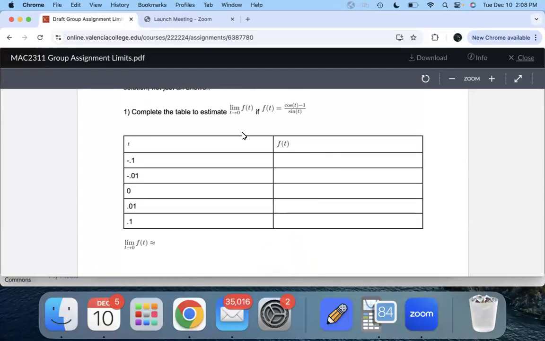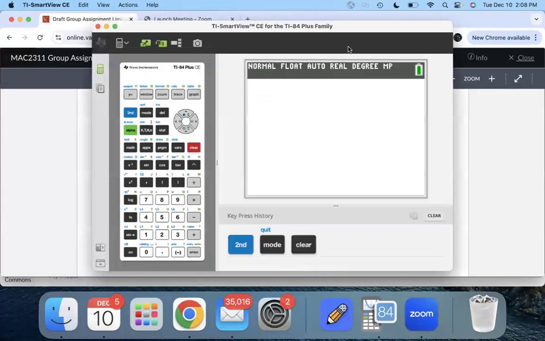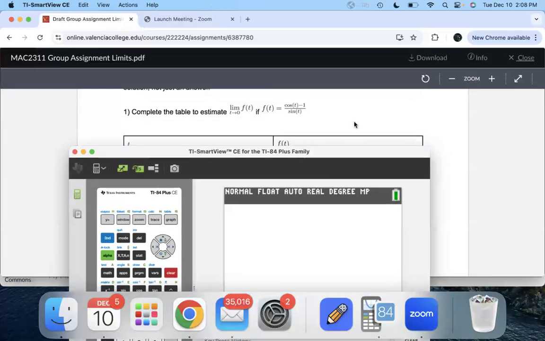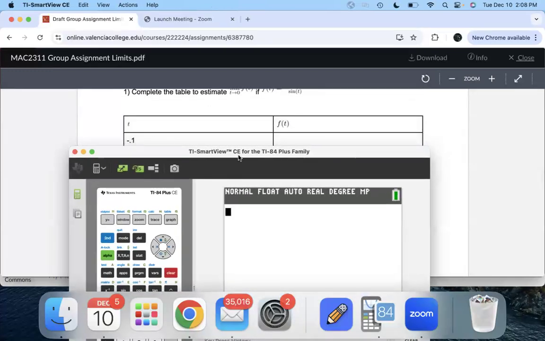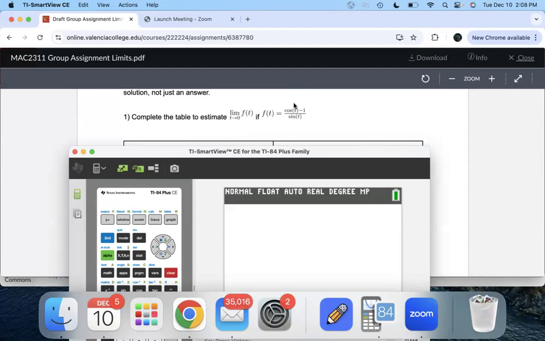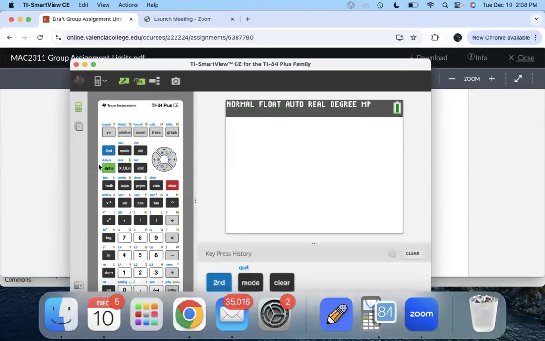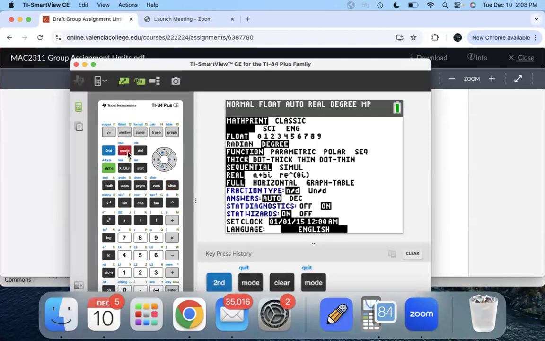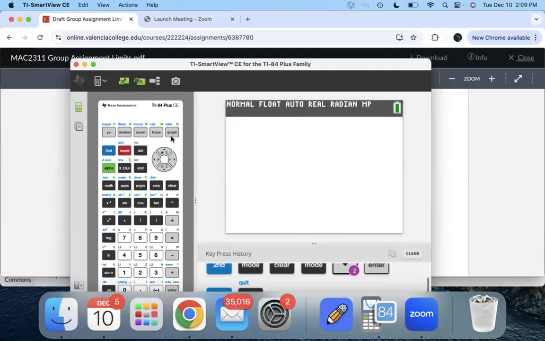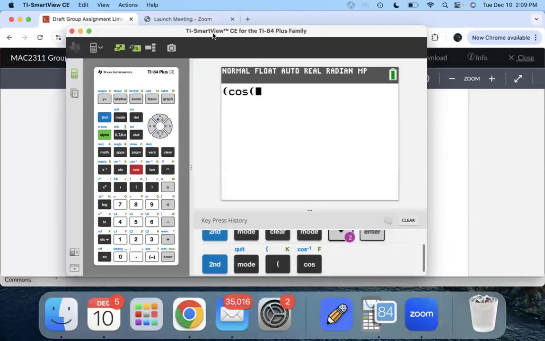Okay, now in here, this one you absolutely could just go through, get your graphing calculator out and plug in these numbers. Like I could absolutely, if I wanted to, at negative 0.1, plug negative 0.1 in here. I would want to make sure I'm in radian mode. We're always going to be in radian mode. And I could plug in, I would need parentheses, cosine of negative 0.1. This is your negative button. That's your minus button. Negative 0.1